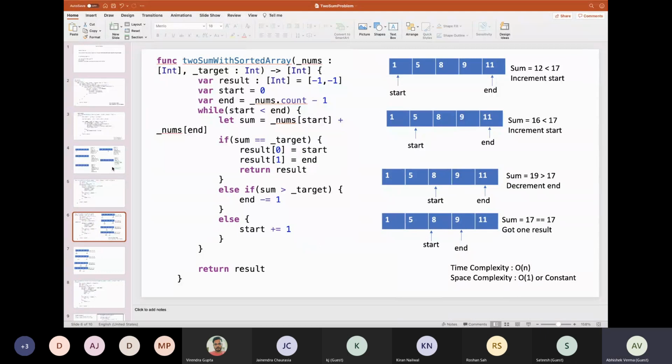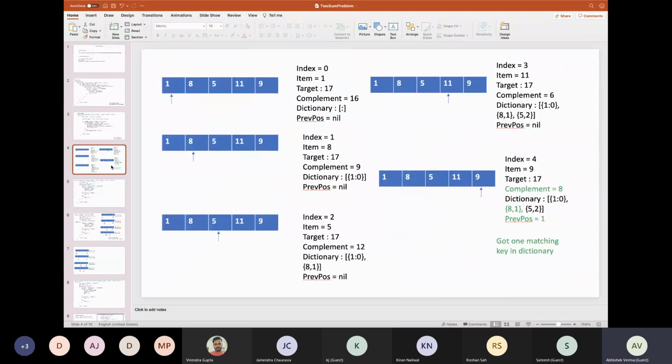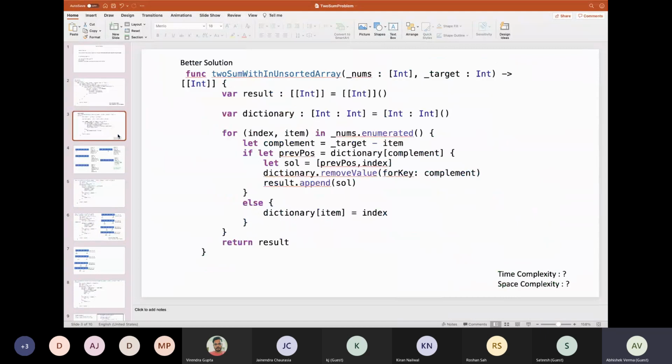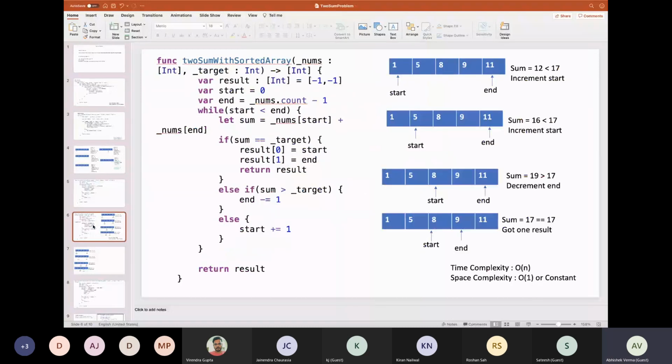Earlier we said that time complexity will be O of n and space complexity O of n. But when we have to sort the array and then come up with this solution, the time complexity will be O of n log n, and the space complexity, where we have achieved something, is reduced to O of 1.